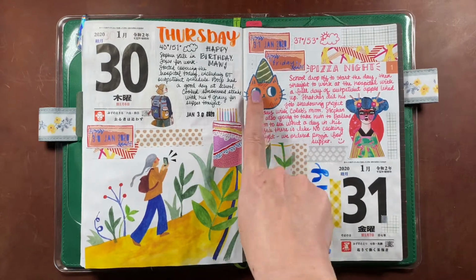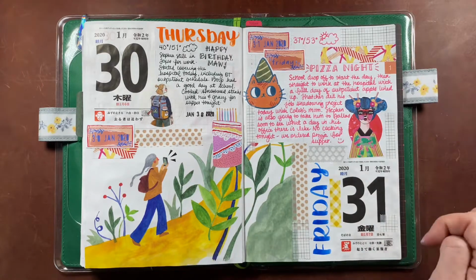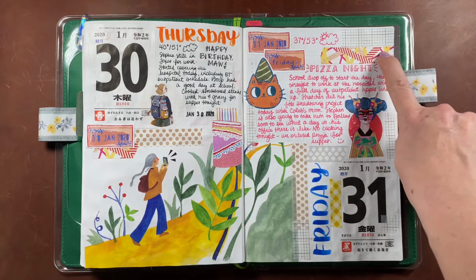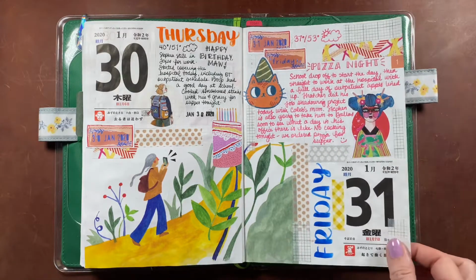This was a Cheyenne Barton printable, Courtney printable, some more of that tearaway calendar, and that new MT Hobonichi collab washi. And that is it for the month of